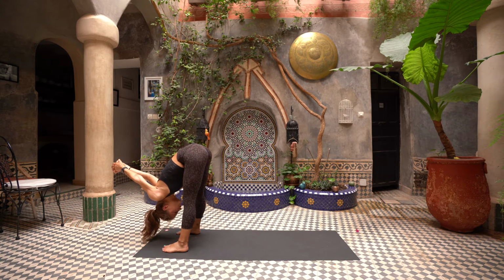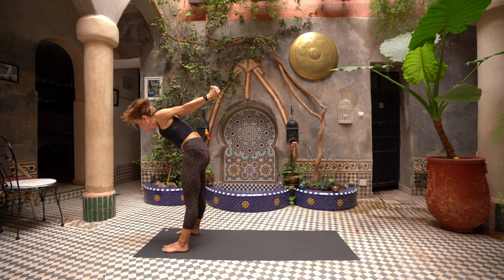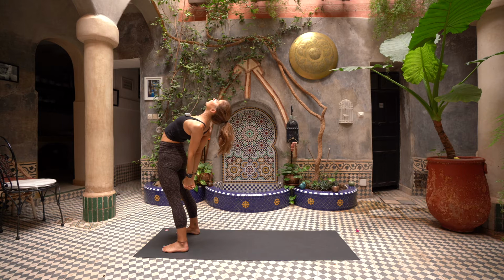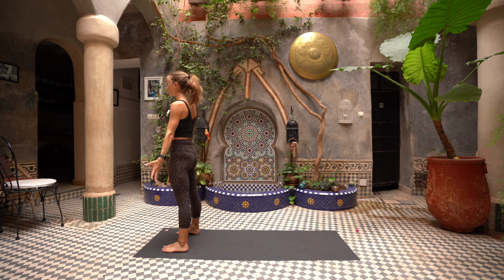Now keeping the grip, start to peel your chest up. Keep the bind, keep the bind. Work the hands down behind you for a little bit of a back bend. Bring your gaze up. And release. Come to stand, close your eyes, breathe in,